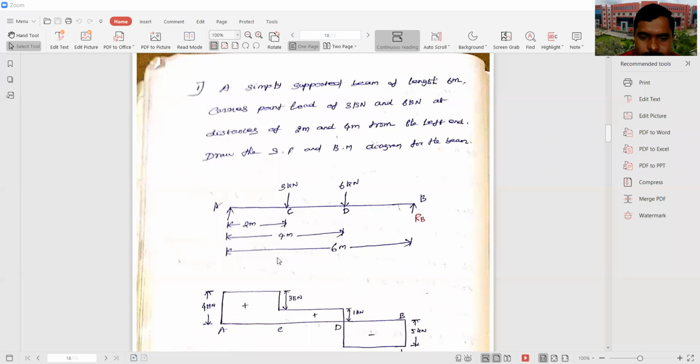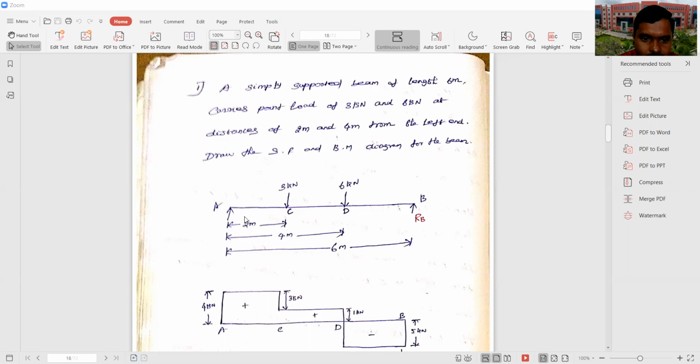You know very well the definition of shear force and bending moment. Shear force is nothing but the algebraic sum of all the forces acting on either the left side or right side of the section, including the reactions. Bending moment is the algebraic sum of all the moments of forces acting on either the left side or right side of the section, including the reaction. Therefore, you need to calculate the reactions first, since to draw the shear force and bending moment diagram you should find the shear force and bending moment values.